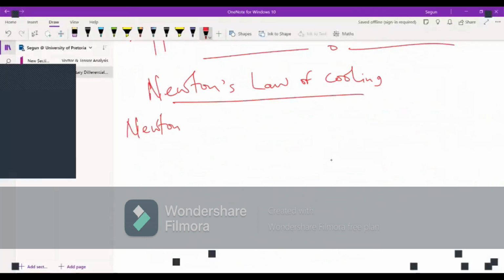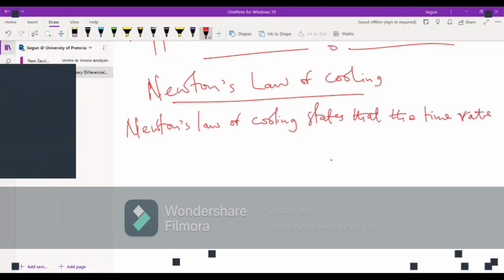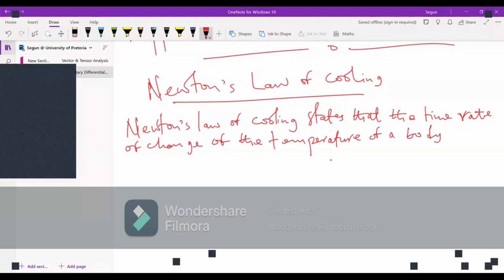Newton's law of cooling states that the time rate of change of the temperature of a body is proportional